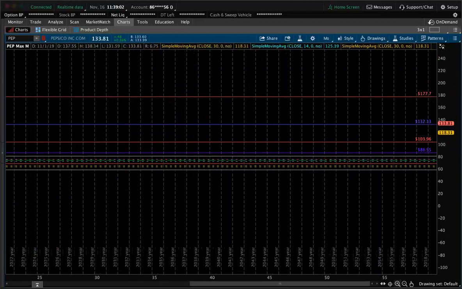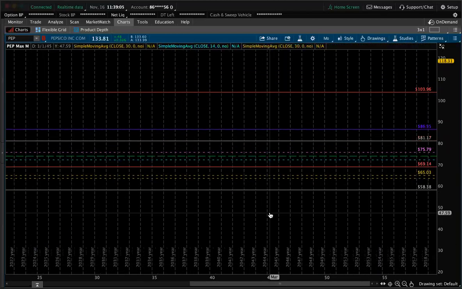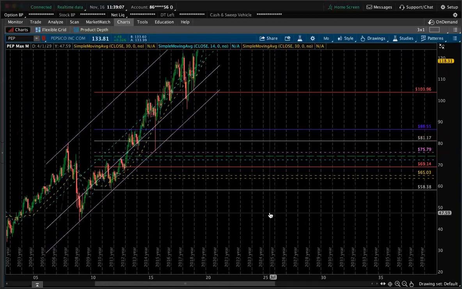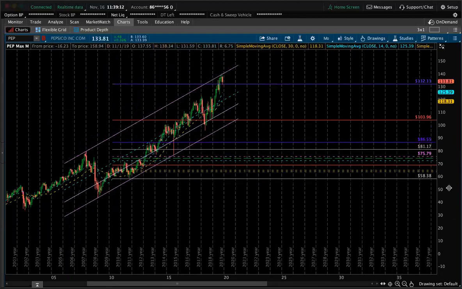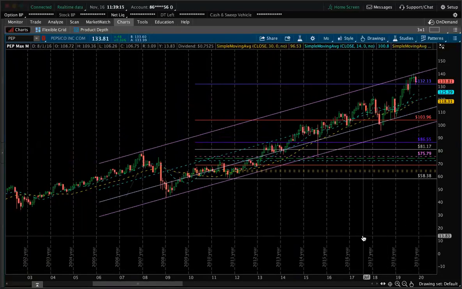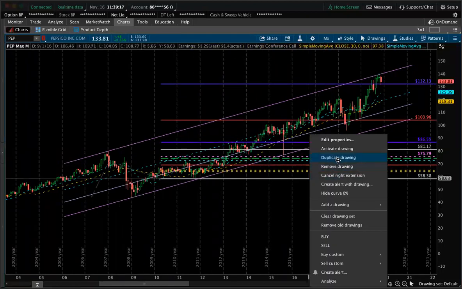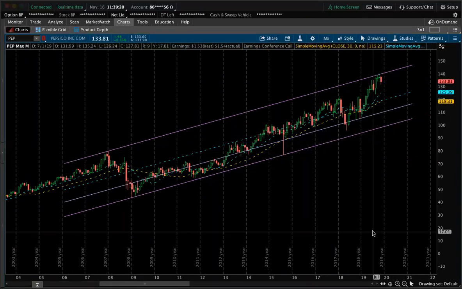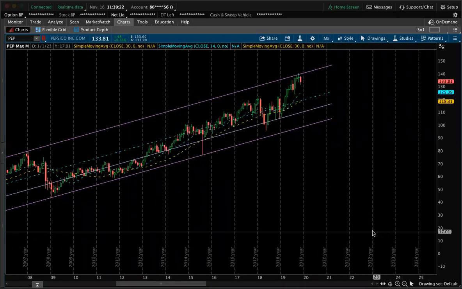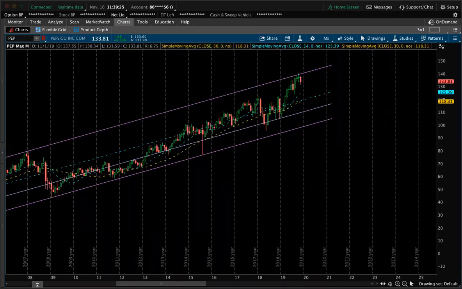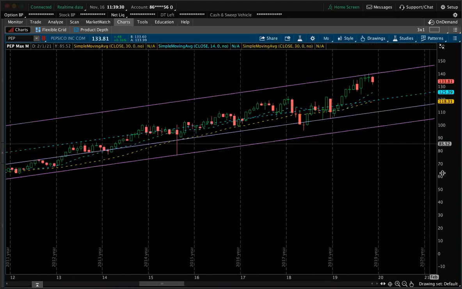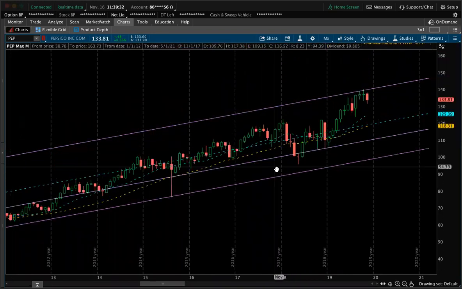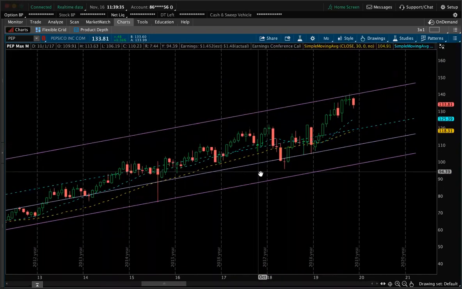I'm going to actually remove my extensions because I feel like I can get a more accurate level on each of these candles. So that's what I'm going to do. I'm going to remove my extension here, and I'm going to draw a new extension. I want to get a little bit closer because it's actually better that way. So with that being said, I'm going to look for levels on this trend line. I can use this pullback here with this wick hammered right here for the 2015 low. I can use that.